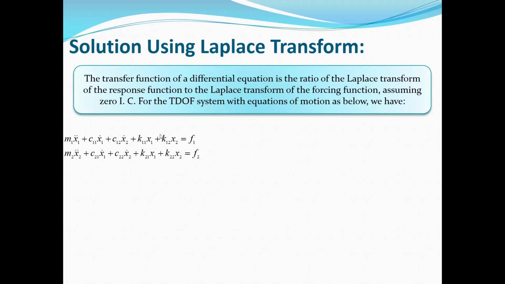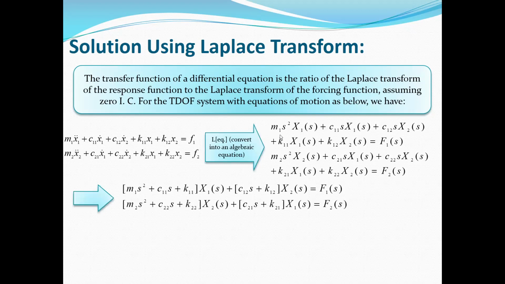As you know, the Laplace transform needs the initial condition. For this case, we assume that the initial condition is 0. You know that when the initial condition is not 0, the solution procedure is the same, but we will have some additional terms. But here we assume that the initial condition is 0, so we can find the Laplace transform